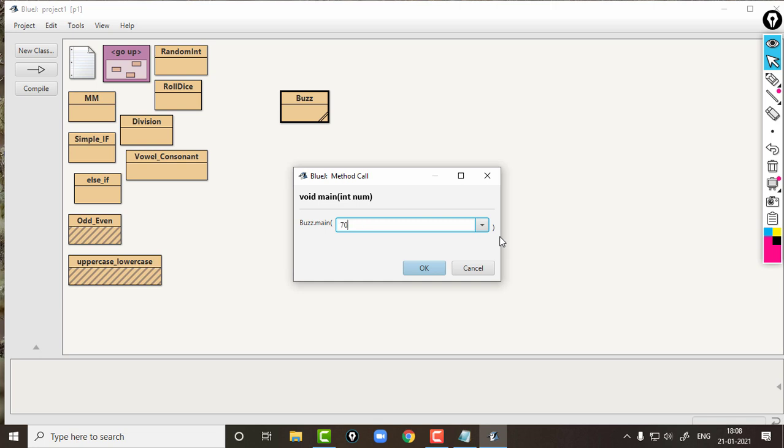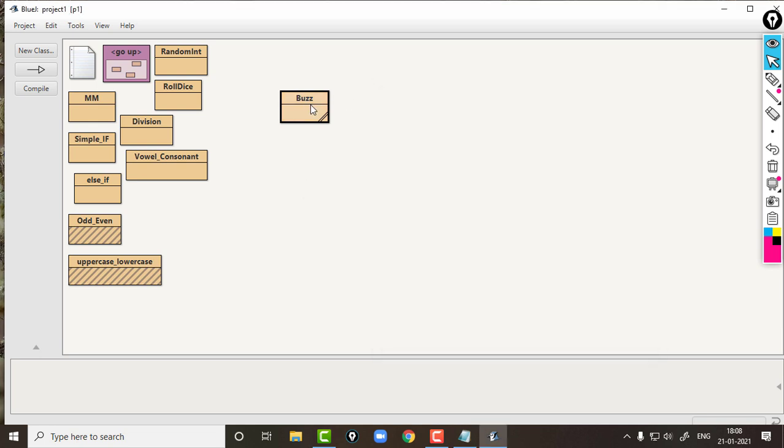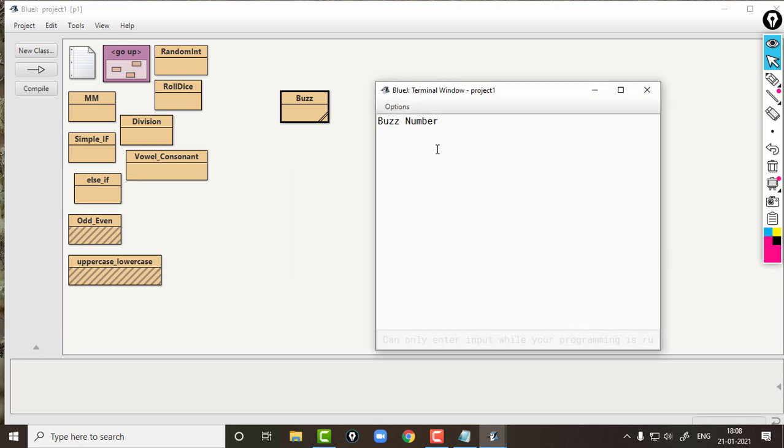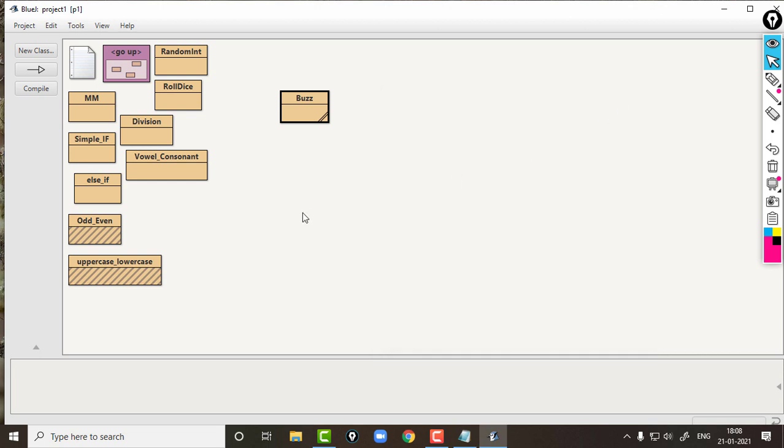So 70 will be divisible by 7, so 70 is a bus number, isn't it? Then the other number, 7. It is ending with 7, so definitely this number will be a bus number. See, bus number. So I hope you could understand the if else statement.